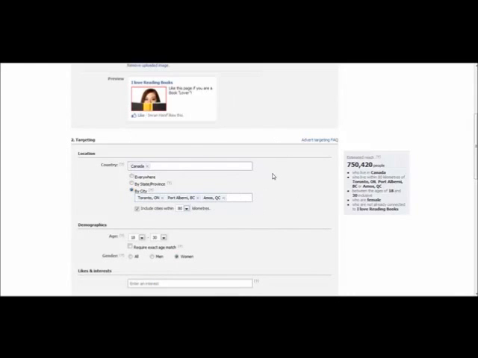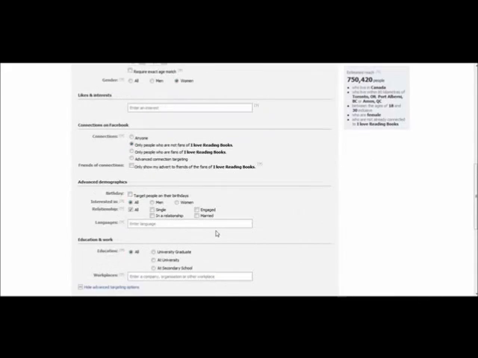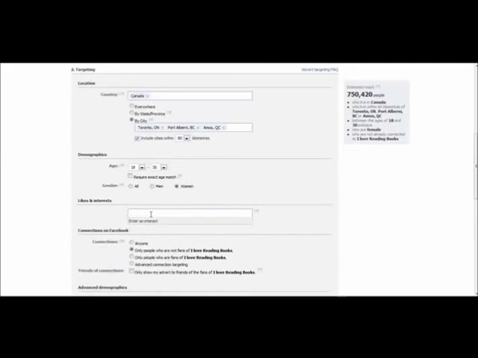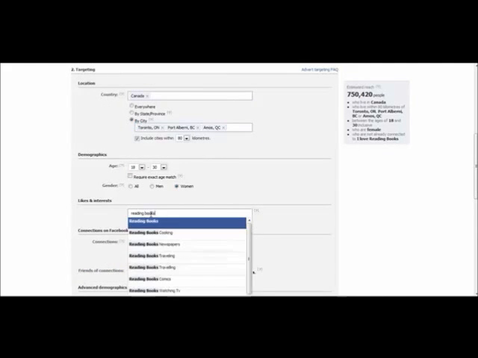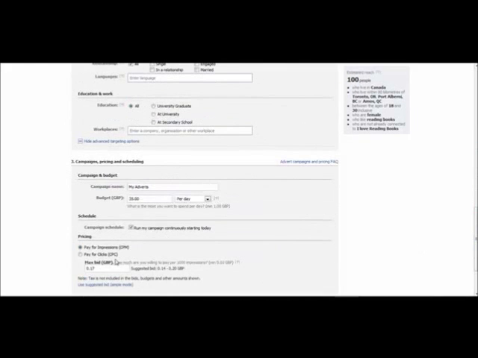You can target people based on states, and you can also target people based on likes. Let's type in reading books. There's 100 people who fall under this category, and again you can see just how drastically cheap this is.